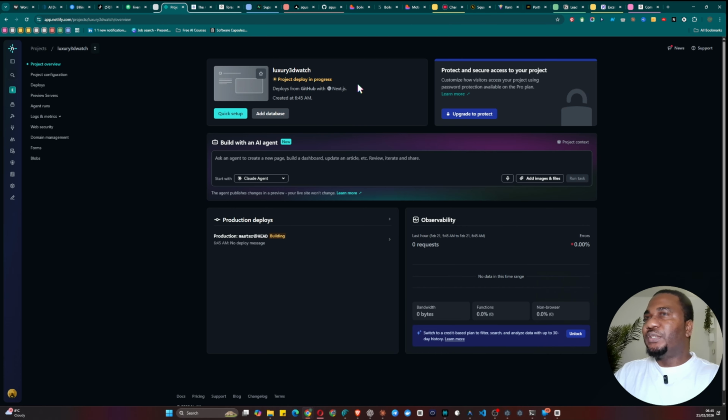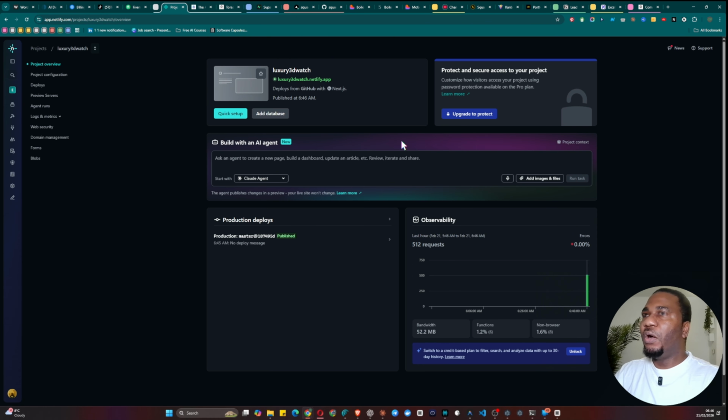Once you click on that, you give it some time to deploy your project, and you'll see project deploy in progress. It gathers all the files and uploads everything from GitHub, and once that is done, it will turn green, and you'll be able to view your website on a public URL, which will be easier for you to send to a client or to anybody for them to view and see what you have created. So let's give it some time and allow it to pull all the data from GitHub. And once that is done, we'll be able to preview the website and see how it looks on a public URL. So it has finished pulling all the files and everything from GitHub,